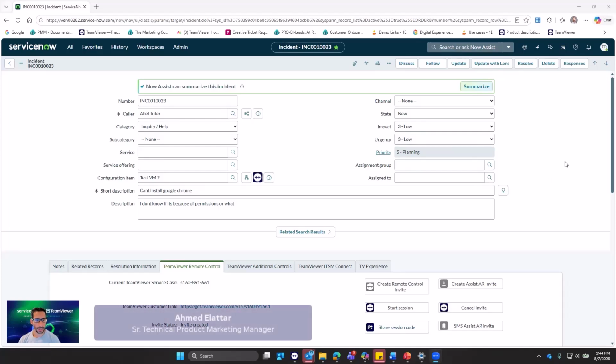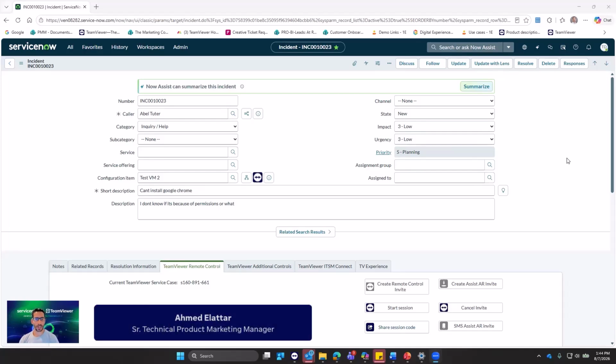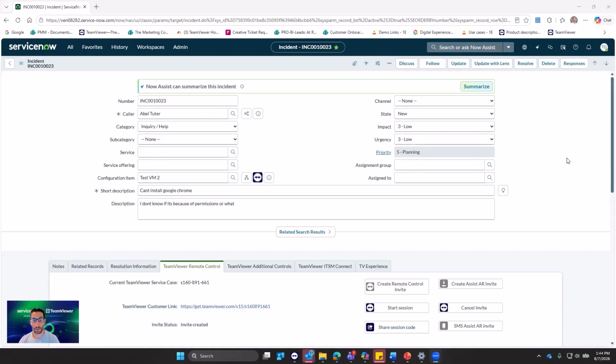One of the things that I'm asked often about is what does the TeamViewer experience look like in ServiceNow if I want to do a remote access connection or see session summaries in ServiceNow? What does that actually look like? So I'll get into that here in a quick demo. We also are able to access a lot of our DEX capabilities in ServiceNow as well, but I'll save that for a different video. So what we're looking at right now is an incident,